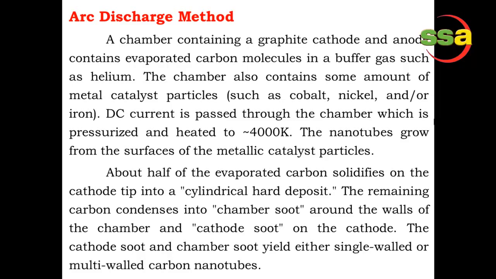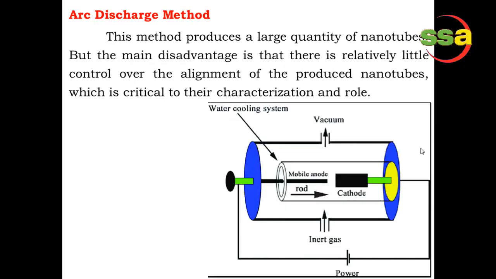The deposit is in the form of a layer on the target, which is simply removed from the target and rolled out to form either the single walled or the multi-walled carbon nanotube. See, this method produces a large quantity of nanotubes, but the main disadvantage is that there is relatively little control over the alignment of the produced nanotubes, because of which we are upgrading to the next method,